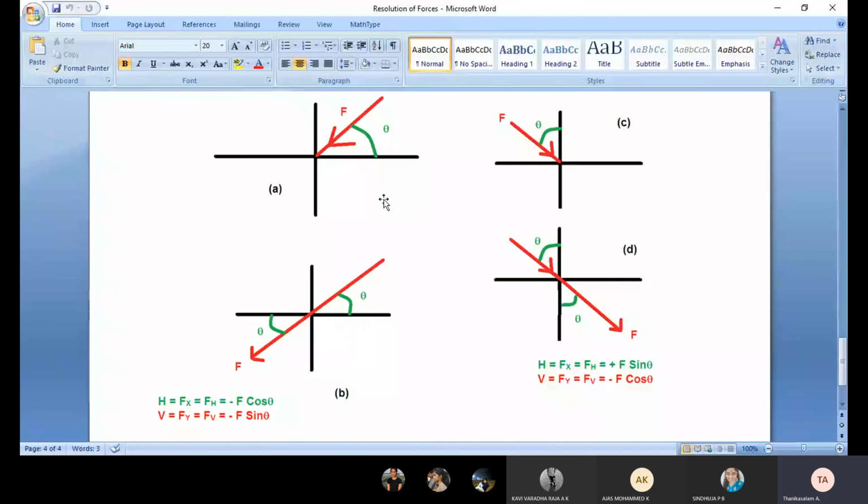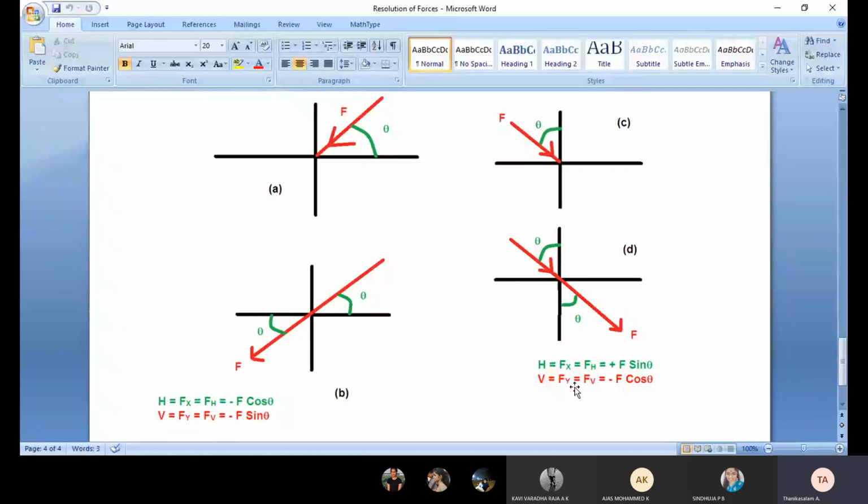Okay, now see this diagram. This one I explained, the A and B I explained. Now see C and D. See the C force lying. Do you think this is lying in the second quadrant, Sindhuja? No, no, sir. It's going to the fourth quadrant. So the angle is with respect to the y-axis. I converted it here. It goes to the fourth quadrant with respect to Y, again converted with the Y axis only. Students, understand: while projecting into the other quadrant, the angle stays with the same axis as before. Here the force is lying in the fourth quadrant, but with respect to the Y axis, so I convert to the Y axis.